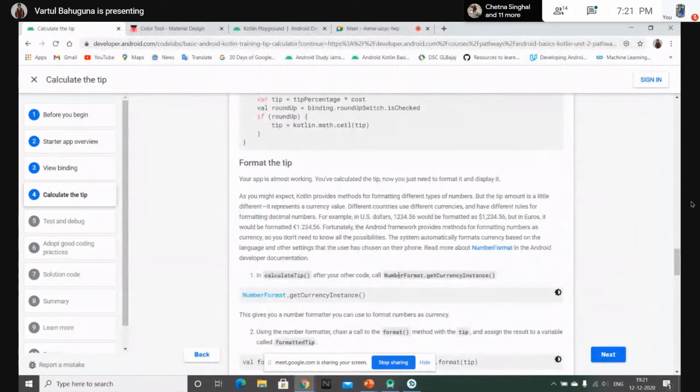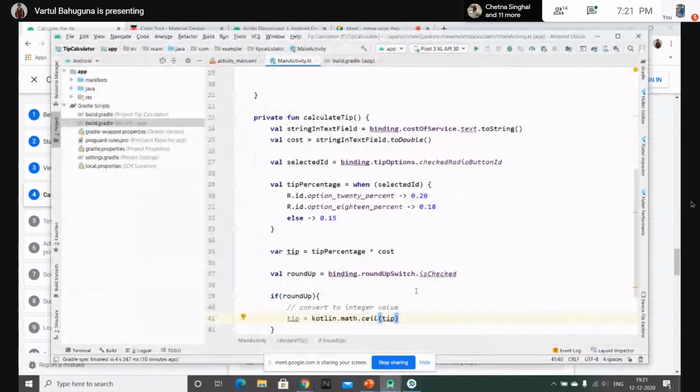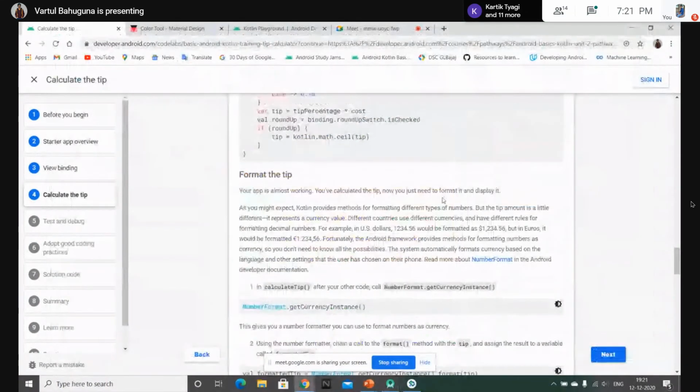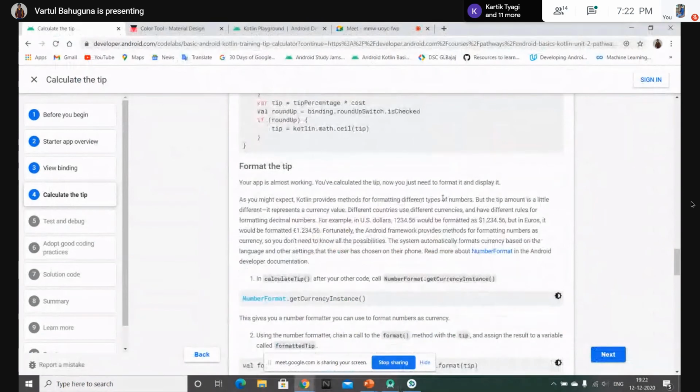So okay, now another problem that occurs over here, that the tip could be in dollar or in rupees or in any other currency. So what Kotlin provides us with is the number format class, that is, we can just get the number format of the Android system, the number format that the user is using in his phone, whether he is using the US dollars or the euros format or the rupees format, and then it will display the sign of that currency accordingly.